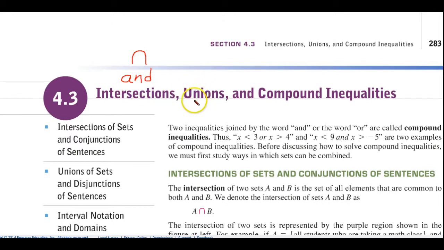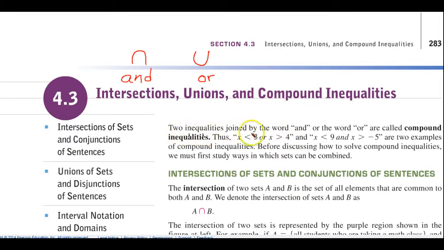Now, when they speak of union, they're speaking particularly of the word "or," and the symbol for union is this type of a U without that line right there. Okay,